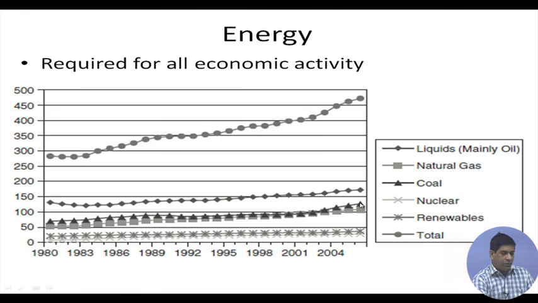In a country like India, we have more coal power. Coal dominates the energy mix, and we have been talking about how we will run out of these. Coal, natural gas, or oil, these are all called